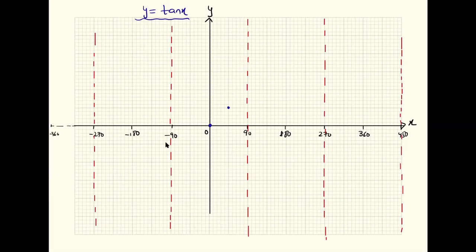So if I draw the graph, the shape is going to look like this. Okay, I'm making an arrow because this indicates that the graph is going to go up. It's okay if you don't even make the arrow. You can just draw the graph like this. And if you take negative angles, for example, tan of minus 45, you're going to get minus 1, and the graph is going to go like this further down. This is one cycle of tan x. Okay, this is one cycle of tan x.